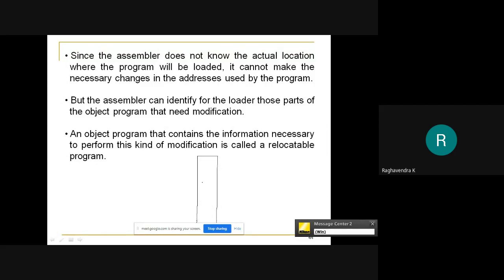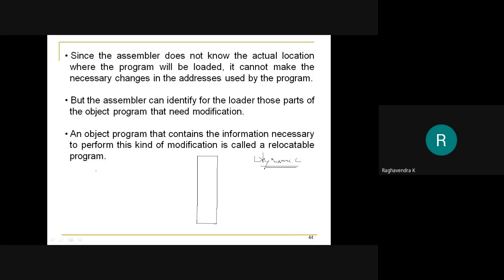So what we do is we normally run multiple programs at a time. So when you are running multiple programs at a time, then obviously you need to have some sort of dynamic way in order to execute your program. Means your program should be able to load anywhere memory is available and still execute.